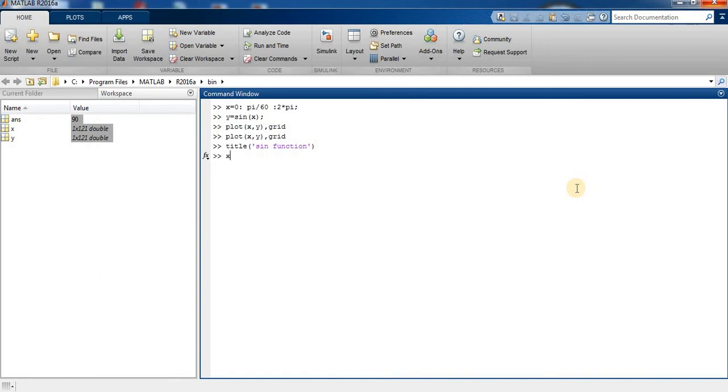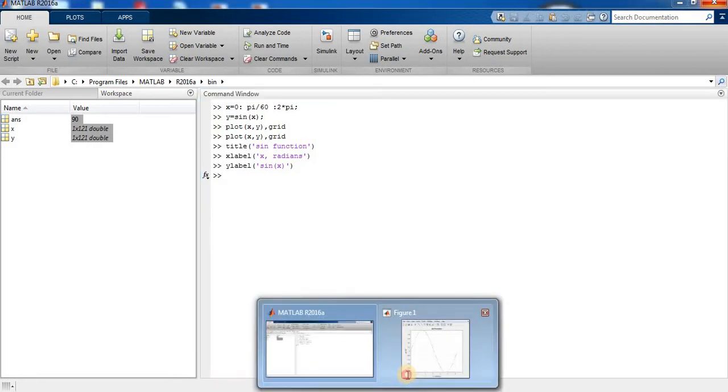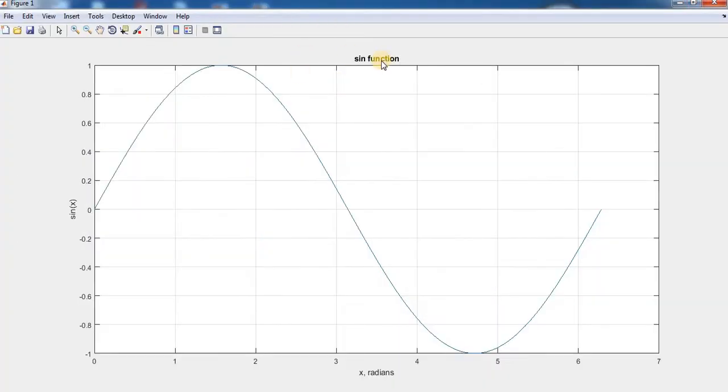Press enter. xlabel x, press enter, and you can see the graph of sine function here. Sine of x is here and x radian is here.